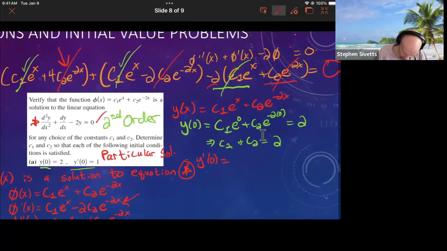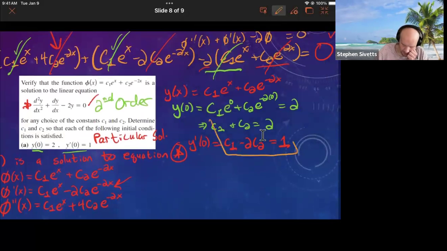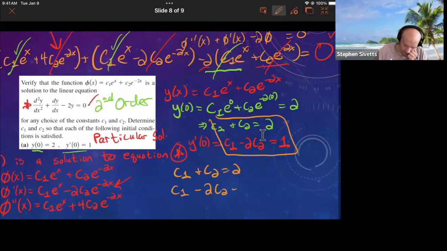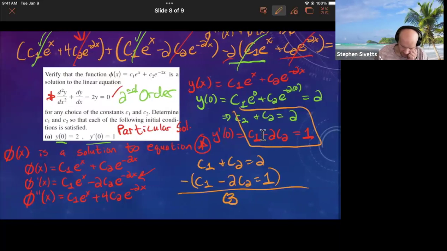So what that means is we'll have c1 minus 2c2, and that has to equal 1. So we have a system of linear equations here: c1 plus c2 is 2, and c1 minus 2c2 equals 1. You could solve for c1 and c2 by elimination or substitution, but I'm going to use elimination. If we subtract the equations, the c1s will cancel, and then we'll have 3 times